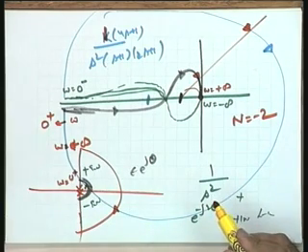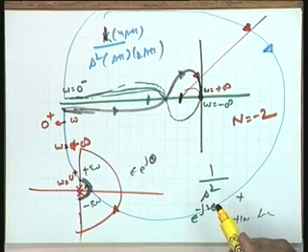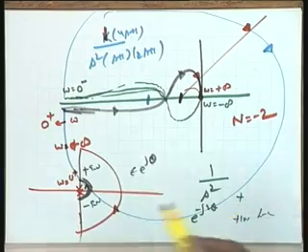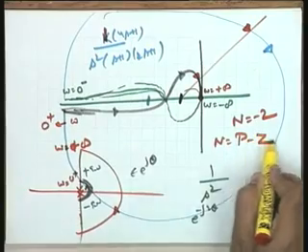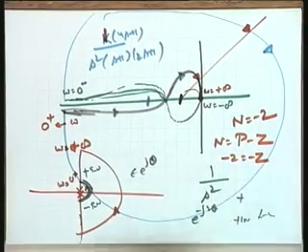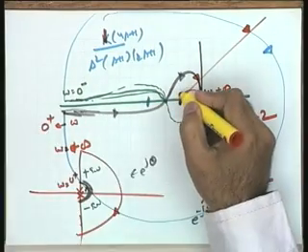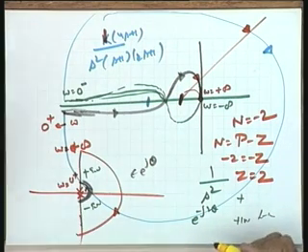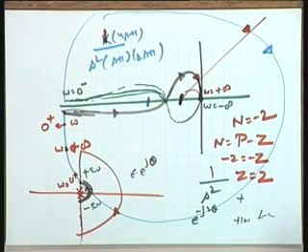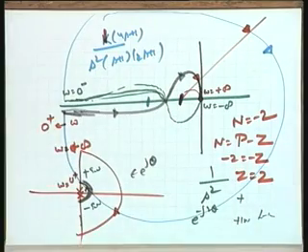And recall the open loop transfer function. Help me, what is capital P equal to for the given transfer function? 0. It is 0 because of the type of detouring we have taken. So N equal to P minus Z. So -2 equal to -Z, or Z equal to 2, if your magnitudes are such that the -1 point comes over here. In that case, your system is unstable with two closed loop poles in the right half plane, or with two zeros of the 1 plus G(s)H(s) function in the right half plane. The statements are equivalent.